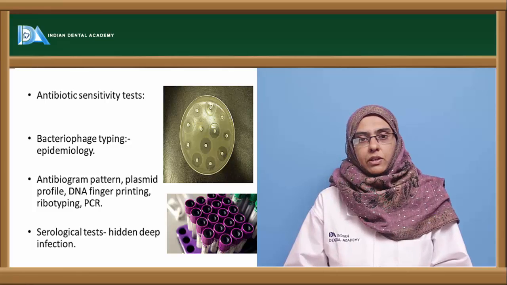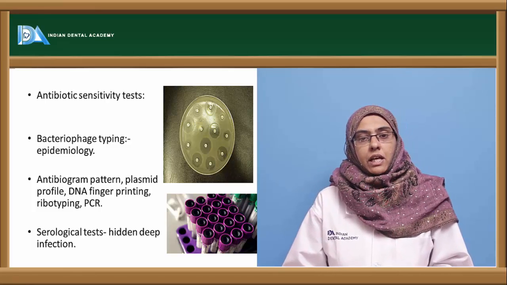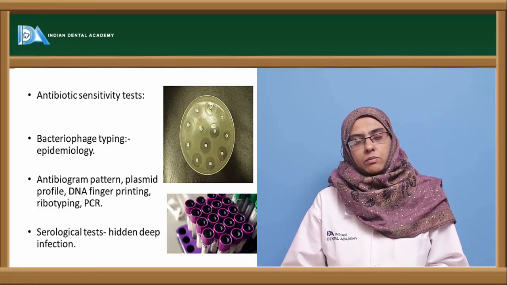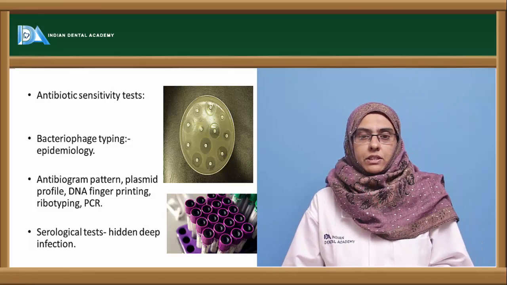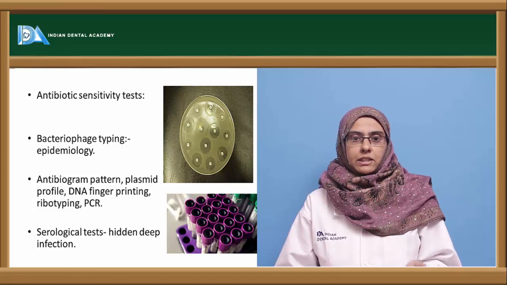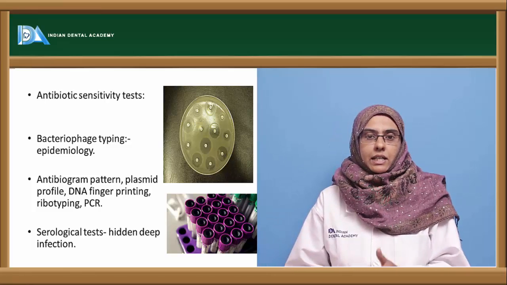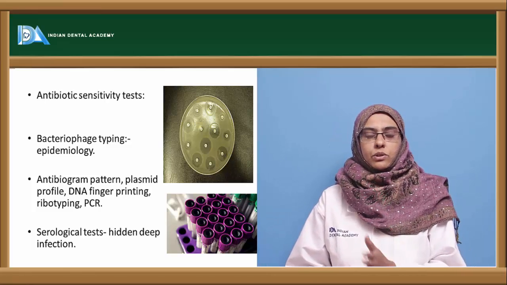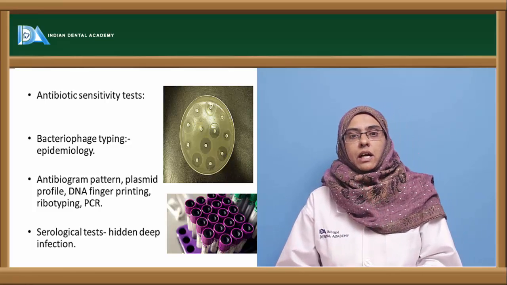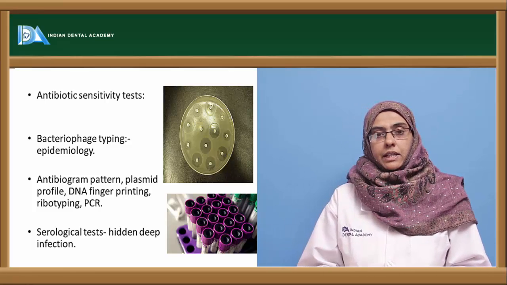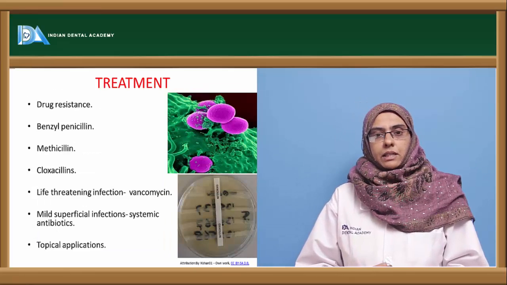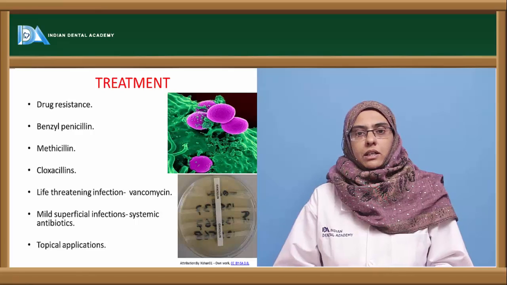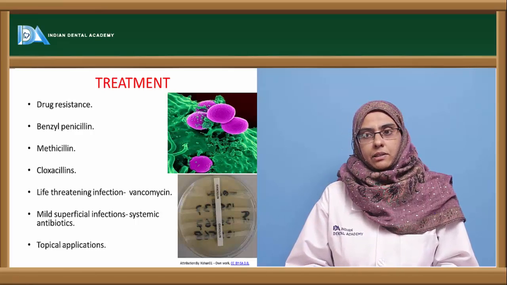And apart from that, you can go with serological tests, where these serological tests are mostly used for identifying the organism in hidden deep infections. And here, an anti-staphylolysin antibody titer greater than 2 units is taken as a positive test for identifying the staphylococcal infection. Coming to the treatment aspect, here the organism can be treated with different types of antibiotics, but